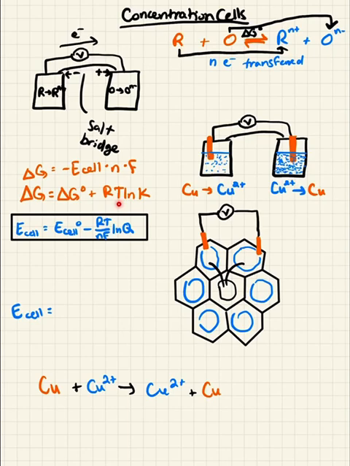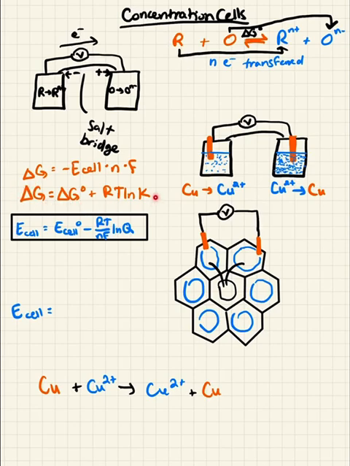T is our temperature in Kelvin. And then ln of K is the natural log of the equilibrium constant for the reaction. Just remember, these are reversible reactions. One direction may be more favored than the other, but we will have a K value associated with it. So we can take